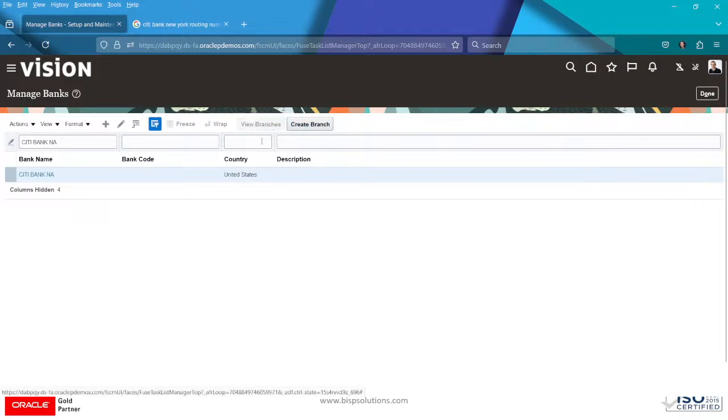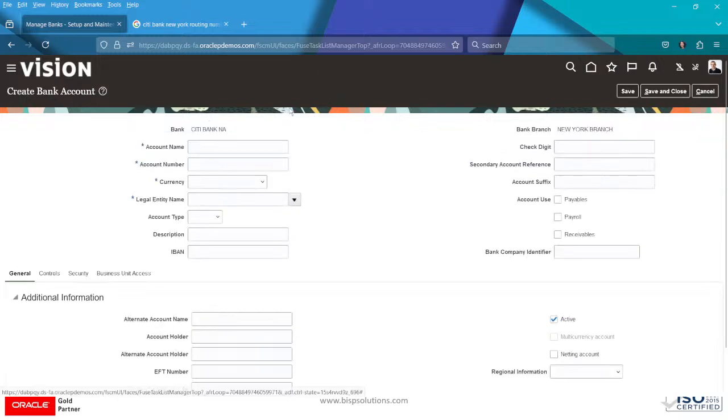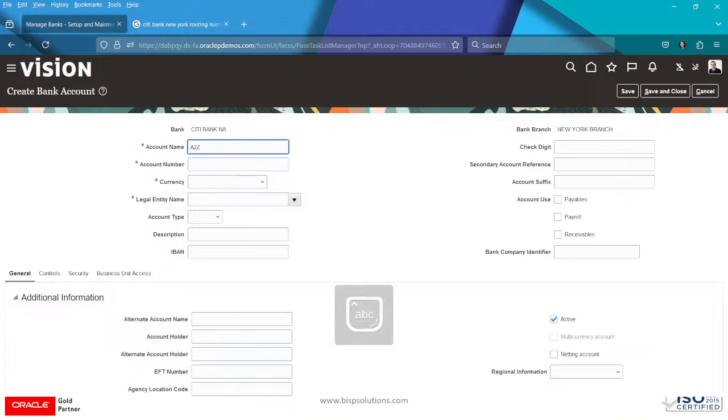That is view branch. This is the branch. Create account, right? Create account. So let's say the account name is A to Z INC US checking